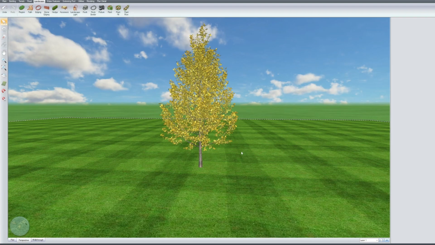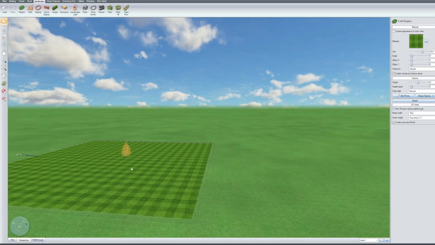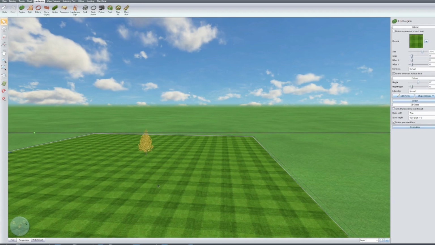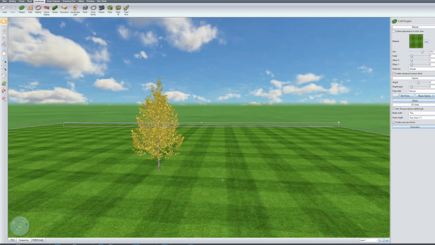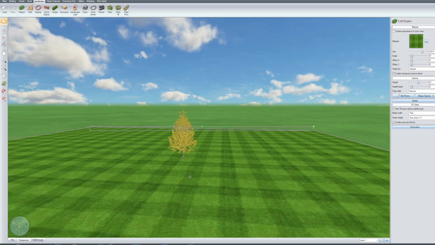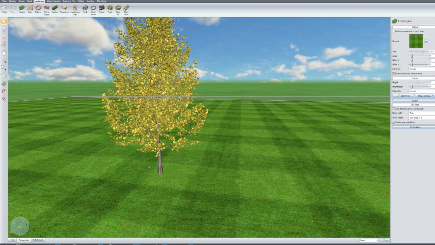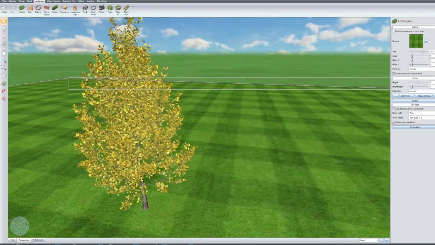So someone asked me how I made a bed edge in Real-Time Landscape Architect. So I'm going to show you how I did that. What I have here is a scene with just one region in it, and that will control the grass or the 3D grass in walkthrough mode. And I placed that first, so that's the bottommost layer, and then whatever we draw on top will cut through it. So what we're going to do here, I'm just going to create a bed edge for this ginkgo biloba